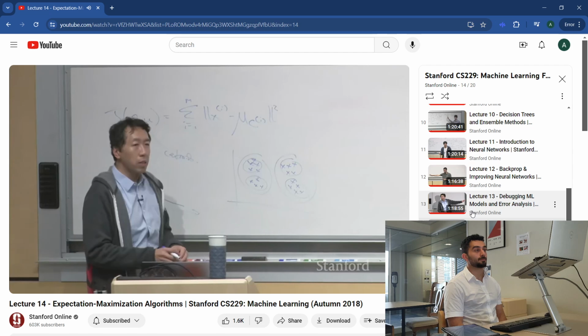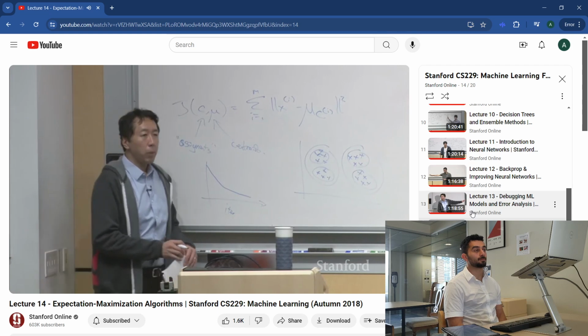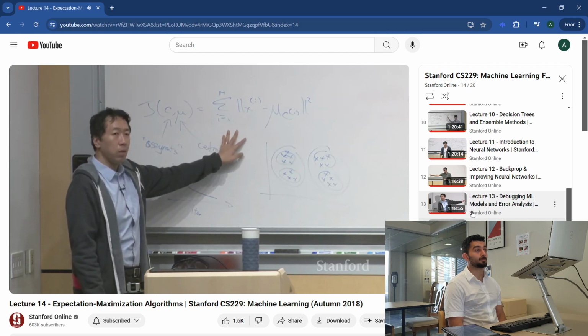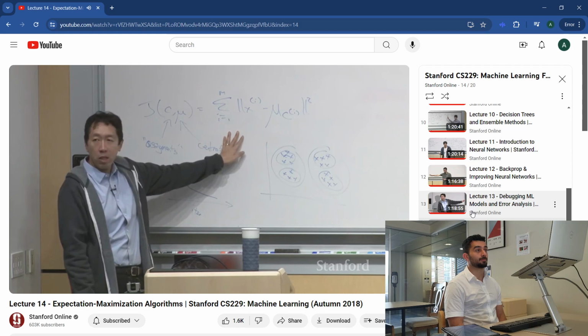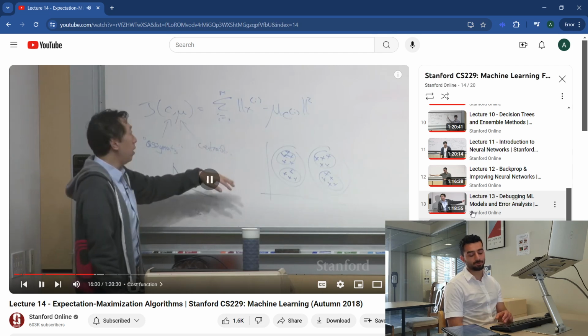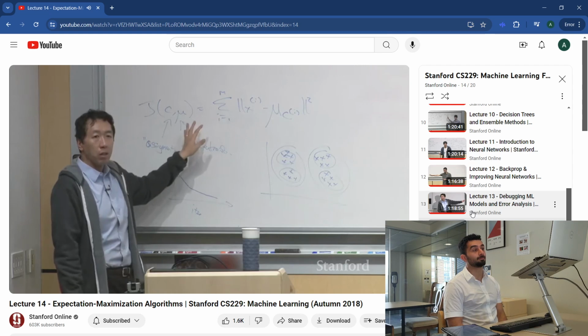Oh, sure. Does k-means get stuck in local minima? Yes, k-means does sometimes get stuck in local minima. And so if you're worried about local minima, the thing you can do is run k-means, say, 10 times or 100 times or 1,000 times from different random initializations of the cluster centroids, and then pick whichever run resulted in the lowest value for this cost function.